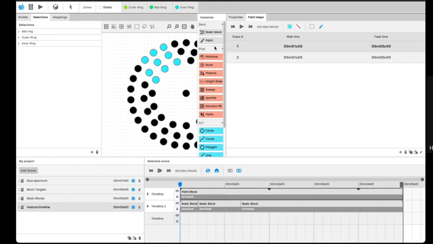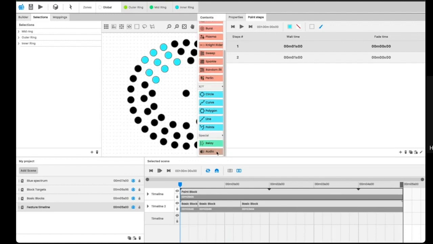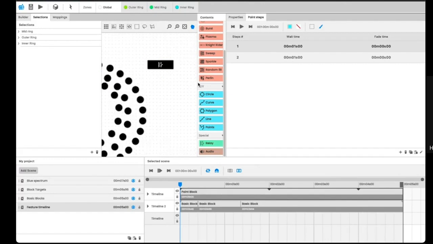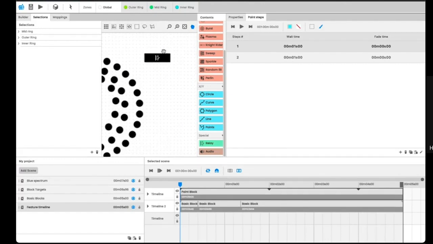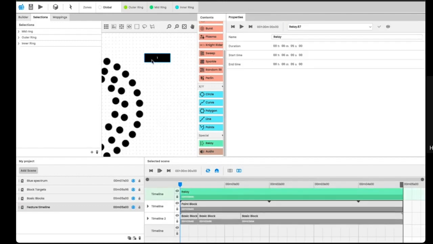So we've got one other new block type in our effects list down here at the bottom. Well, actually, we've got two. We've got the relay block. This works exclusively with that relay fixture that we patched earlier. So if we come over to the relay fixture and we add this, it creates the relay block here in this timeline. So relays in 2.1 work